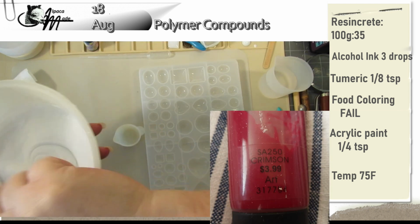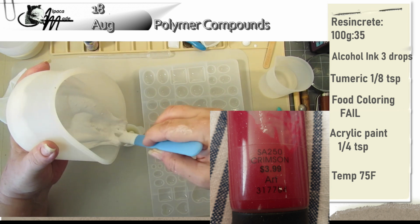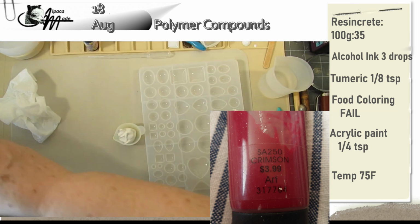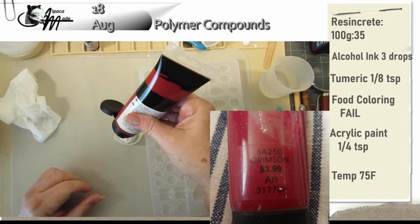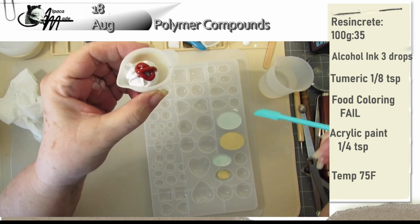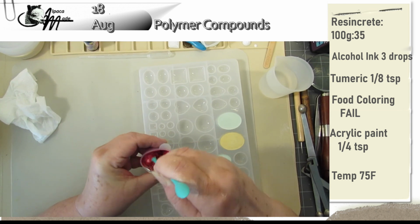The specific paint I used is Master's Touch from Michaels, and the product number is SA250. It's crimson. It will not be the same price as printed on there because I bought this paint 7 or 8 years ago and have barely used it. The other thing you should know about using acrylic paint is that it attracts and absorbs water in its wet state. So I have my Resincrete to the consistency of cold sour cream now, and adding the